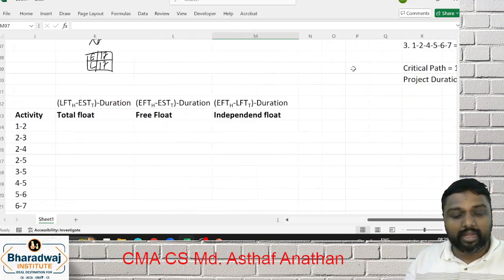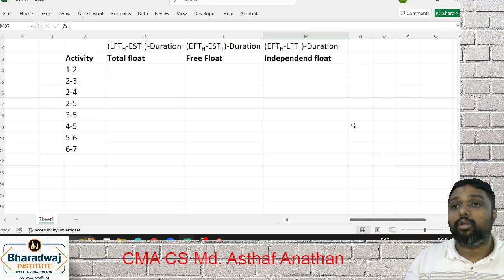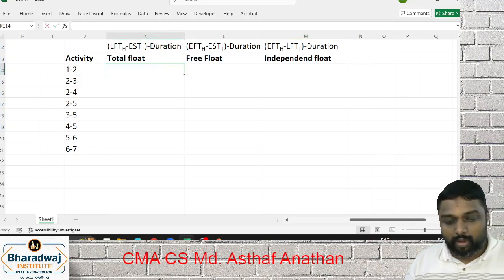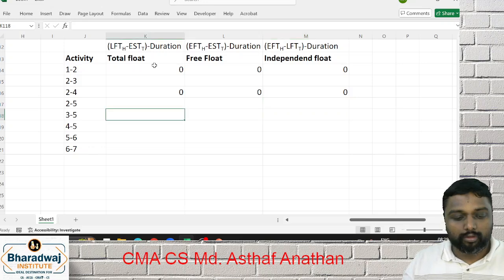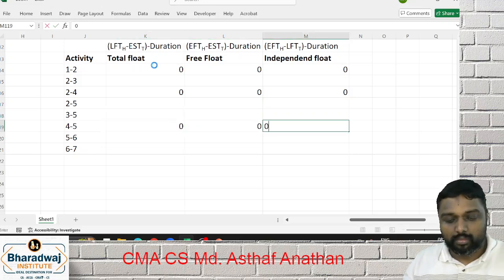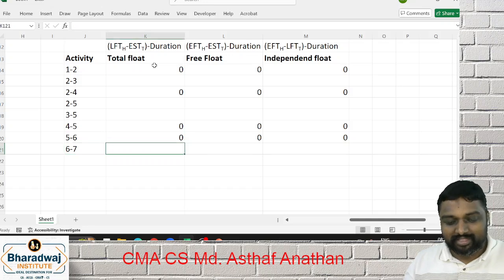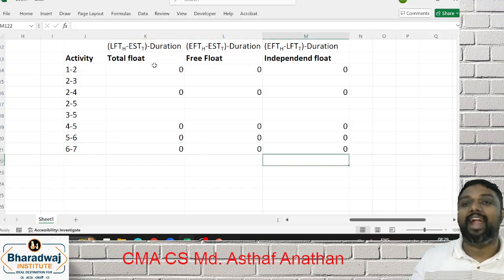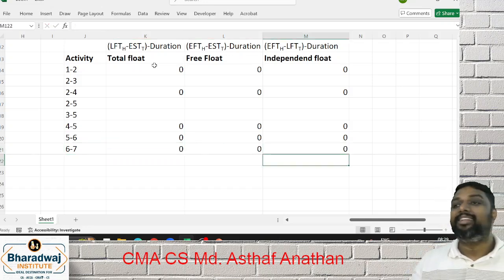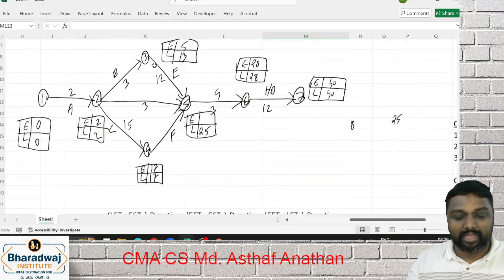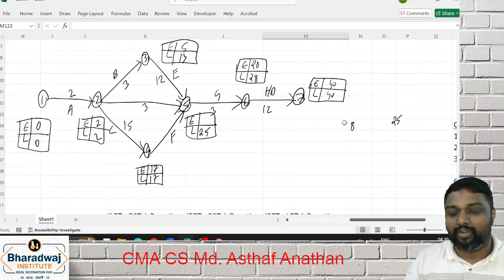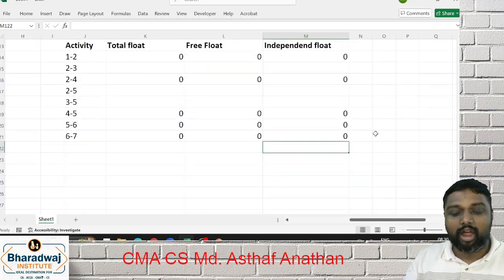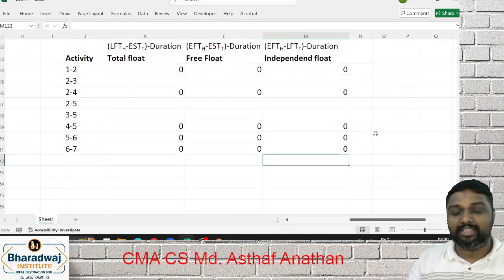Can anyone tell me the critical path very clear? What was the critical path? 1 to 2, 2 to 4, 4 to 5, 5 to 6. See, this is a shortcut method. We learned that critical path, it will be what? 0 because both are the same number. You can check here. Here 25, 25, 17, 17, 0, 0, 25, 25, 40, 40. That means it will not change. Because of that, we can save a lot of time.